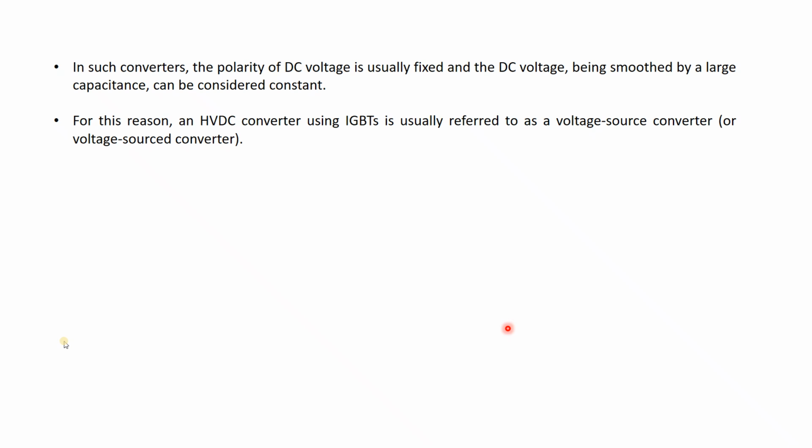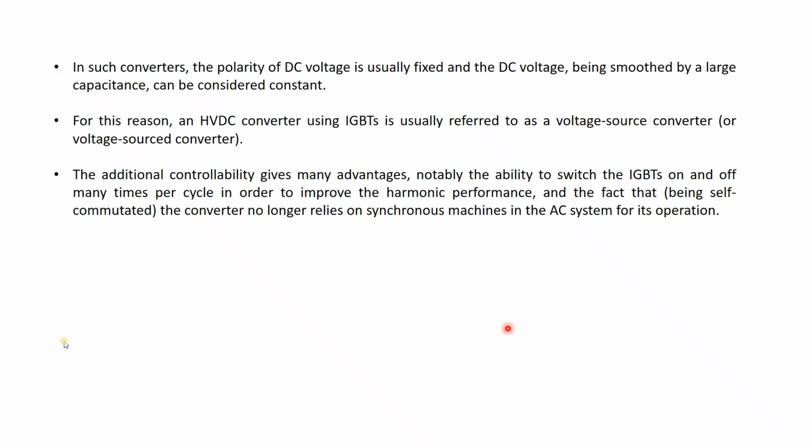Unlike the LCC, where the DC polarity was not fixed because of the firing angle, since there was no gate turn off, only turn on, so the overlapping angle was there. That is why the polarity was not certain in the case of DC output. But in the case of IGBT, the polarity of the DC voltage is certain, because the IGBTs used for the converters have this property of turn off.